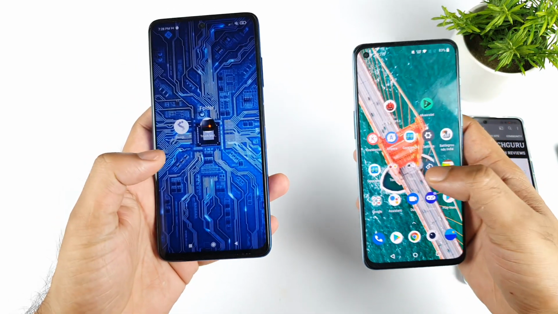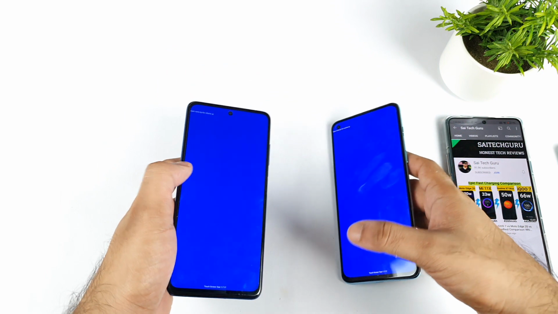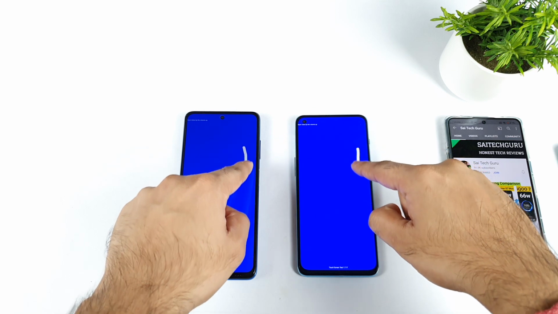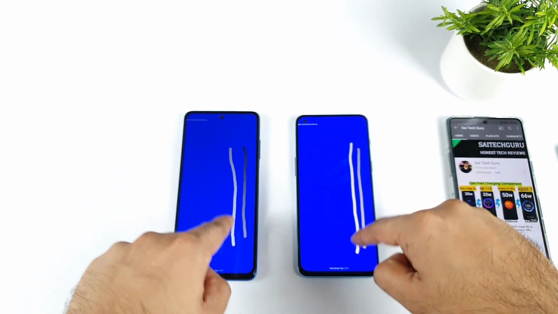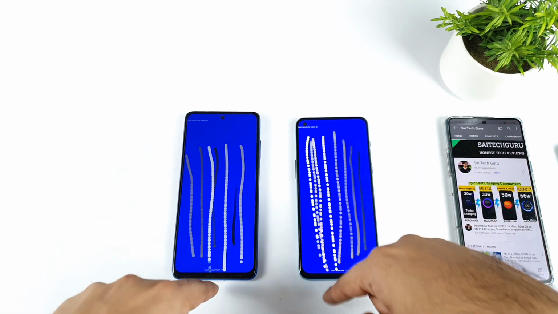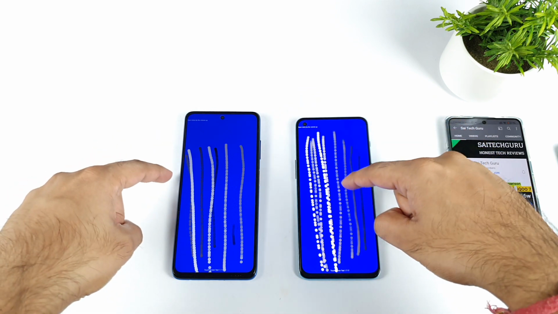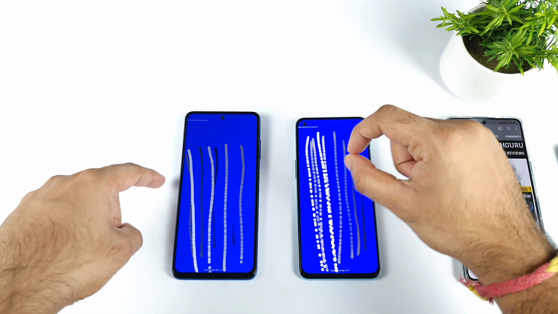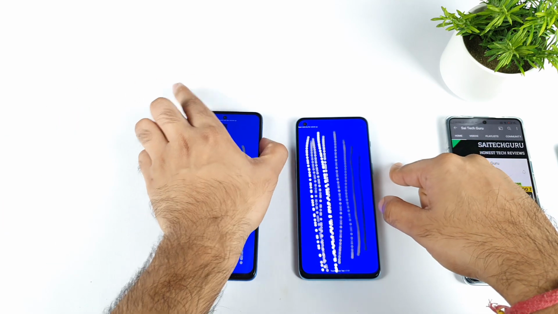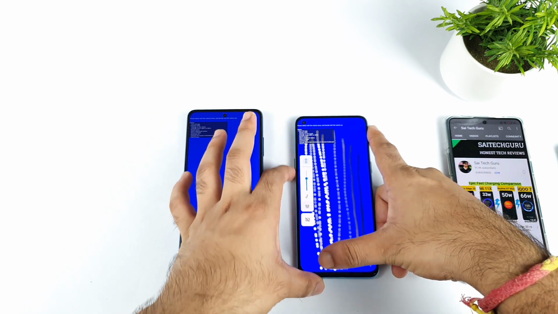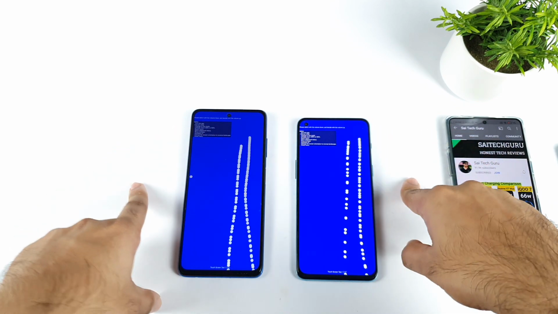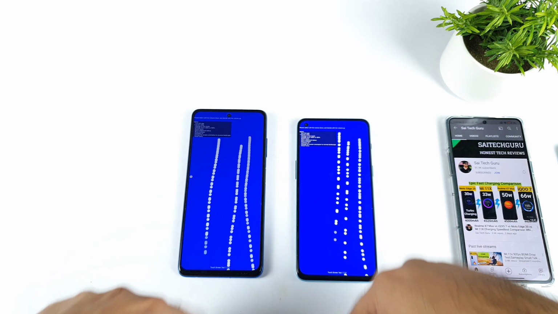Not only this, I'll show you a practical comparison between both phones using this application, which is pretty useful to test this kind of demonstration as well: how many touch inputs are detected when you draw a line on both phones. At slow speed, no problem. I'm trying to increase the speed, with two fingers, as you can see. You can clearly see only fewer inputs are detected, but on the Poco X3 it's detecting pretty much more. Let me clear everything from the screen so you can see it properly, and let me do it again with speed. As you can see friends, only a few touch inputs are detected.